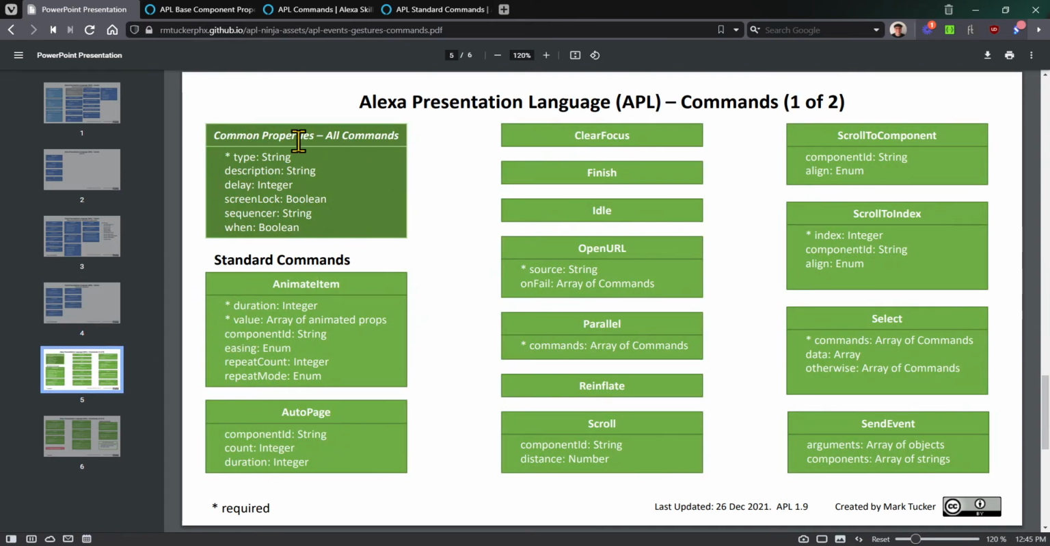Now all commands share these properties. So type is a required property, it's a string, and that's where you would specify when you're creating your object for your command what type it is. So it could be an animate item type, it could be an auto page type, clear focus. So all of these are different types of commands, and that's a required property. So all commands have description, delay, sequencer, and when,